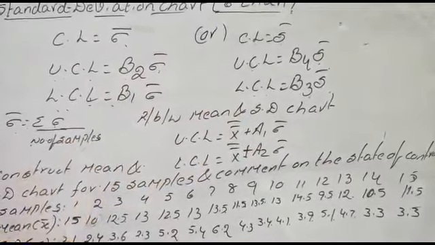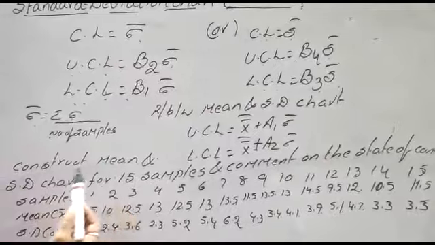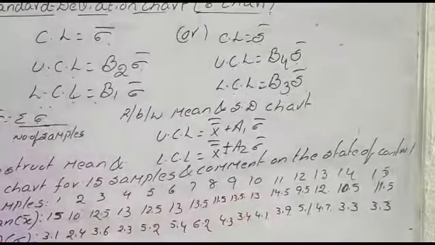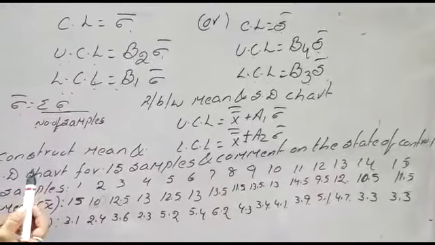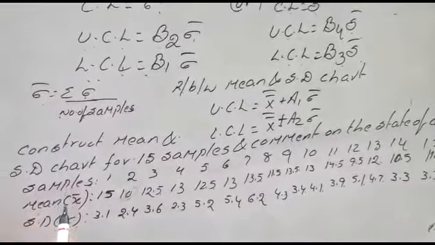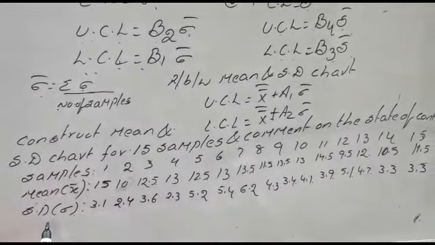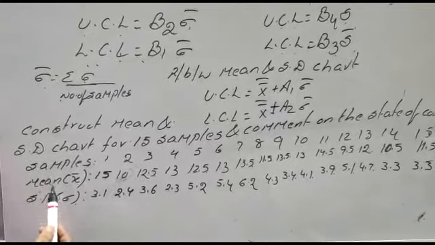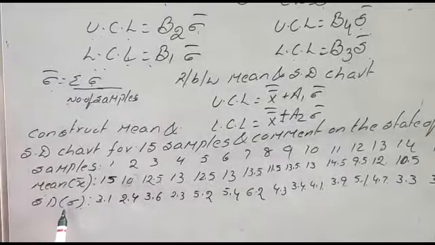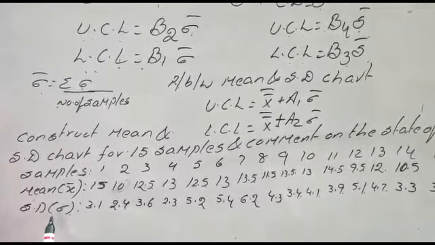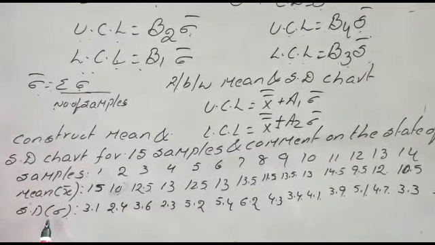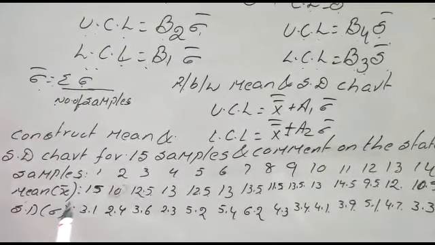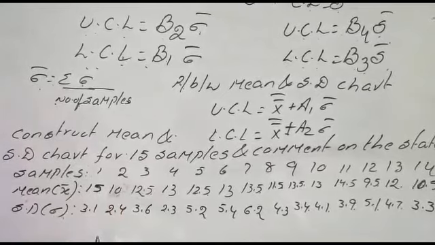Now, I am going to explain with one brief example. Construct a mean chart and standard deviation chart for 15 samples and comment on the state of control. Here I am going to construct one example with respect to the relation between mean chart and standard deviation chart. We always construct a relation between two charts. Why do these charts come under variables? In variables, we are finding the average quality of the product. According to the average quality of the product, we can compare with either the mean and range, or the mean and standard deviation chart. Now the example is regarding the mean and standard deviation chart.